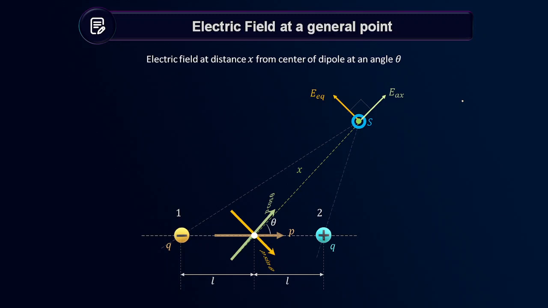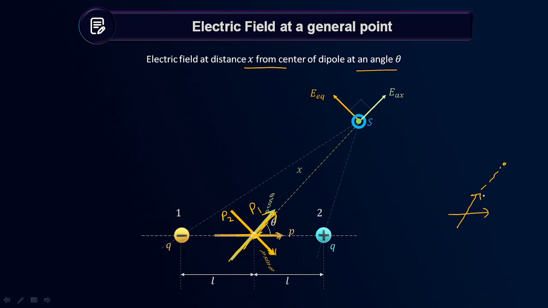So let us see. Here we want to find the electric field at a distance x from the center of the dipole at an angle theta. The easiest and best way is this: can I break the dipole into two parts? One is perpendicular, meaning for this dipole this point will be the equatorial point, and one is along the line joining. For this dipole, let us say this was P1 and another one is P2. So we break the dipole in two parts, one along the line joining the point.